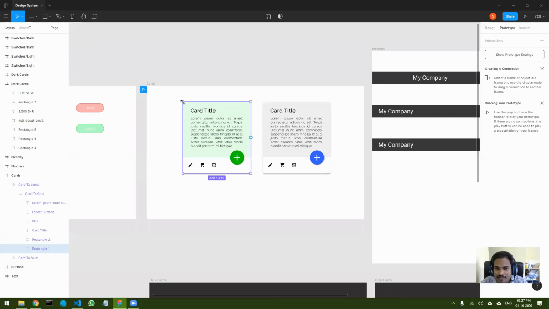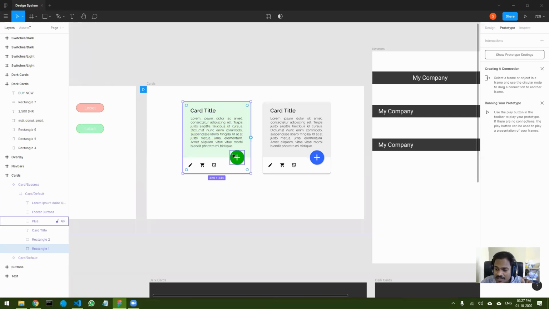So there will be one complete div. Then there will be 2 small divs, one for the green background and one for the white background. Inside the white background, there will be anchor tags. And inside the green background, there will be one h1 tag that will be the card title. Then one paragraph tag which will have the contents.